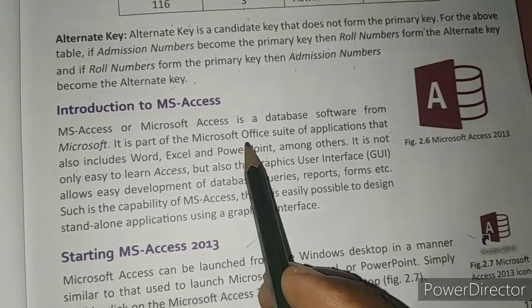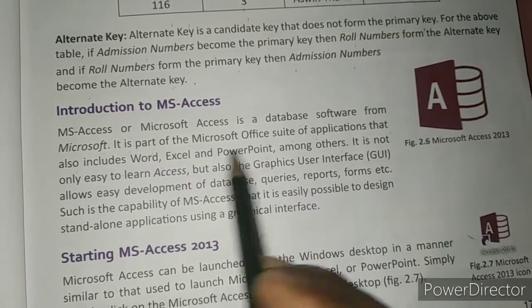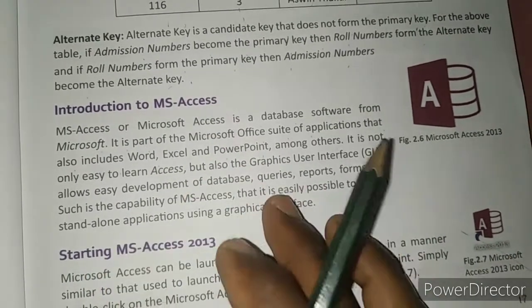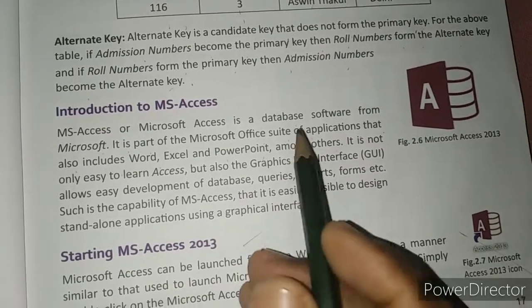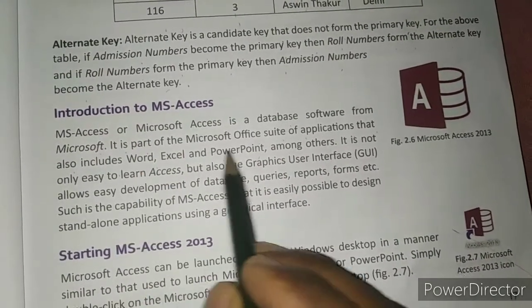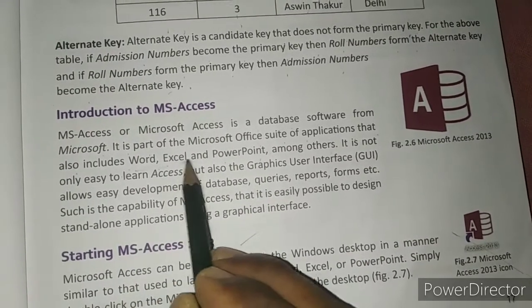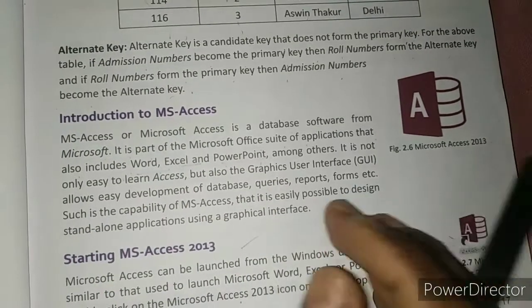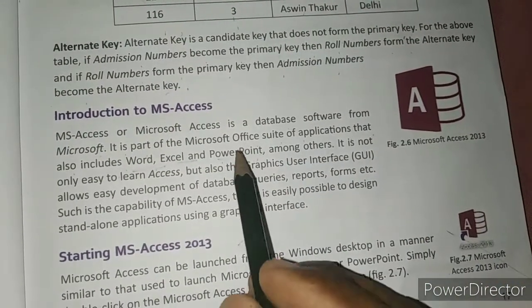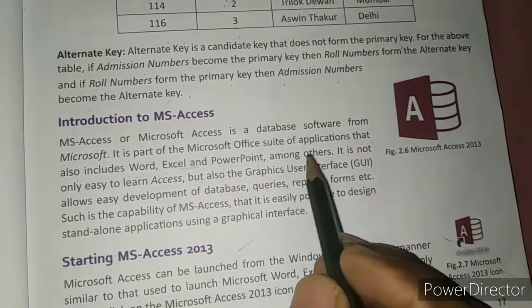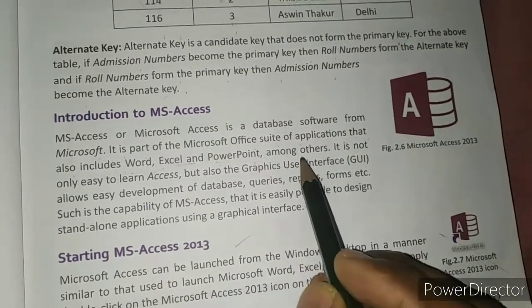We have already discussed in the first lecture that Microsoft Office comes with many softwares, and this whole collection is known as the MS Office package or MS Office suite. Many softwares are there: Word, Excel, PowerPoint and Access. These are all part of Microsoft Office.